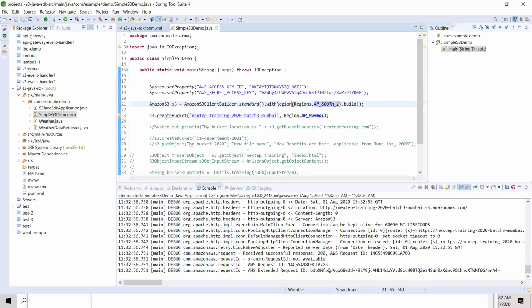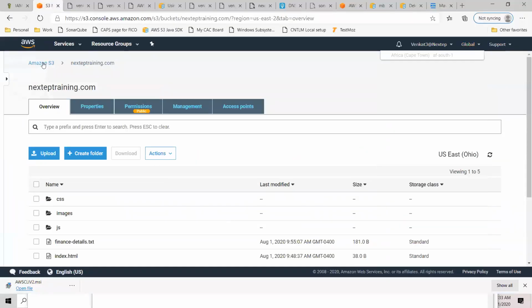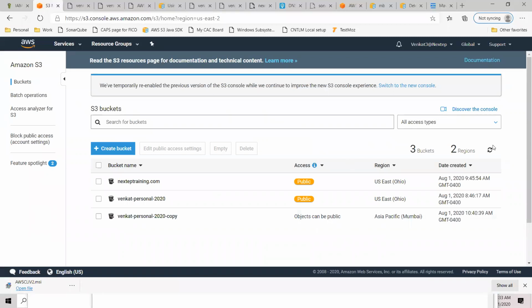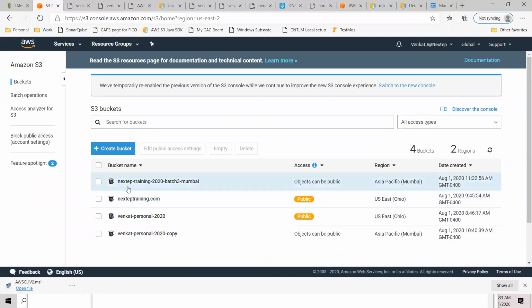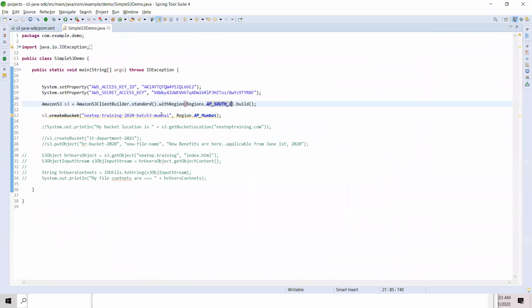That's it. I didn't get any errors. So let's go and find out. Let's refresh. There you go. Next step, training 2020 batch 3 Mumbai. Now what you can do is create a new file within that, right? So we created a bucket. What we can do is we can even put